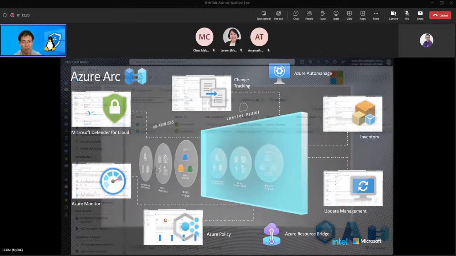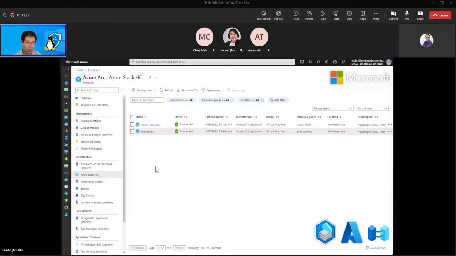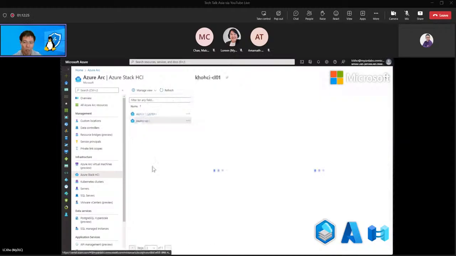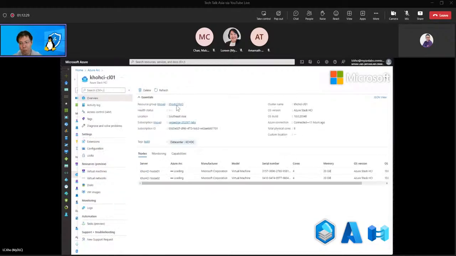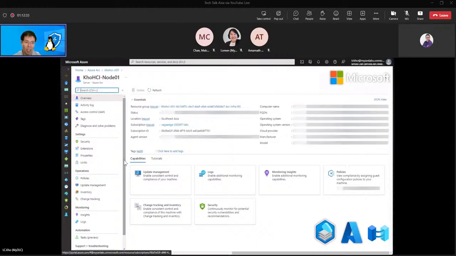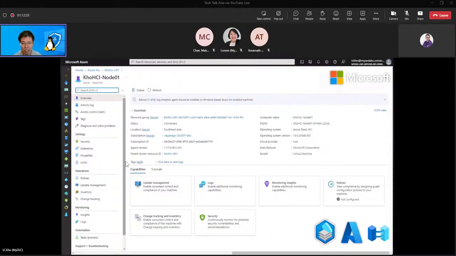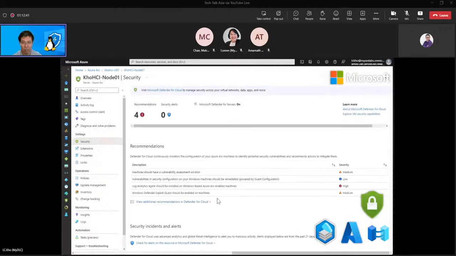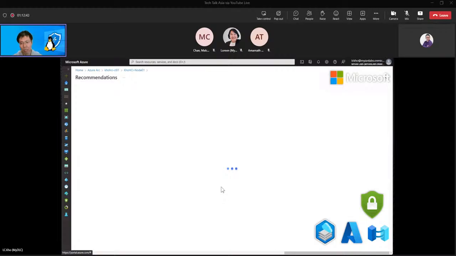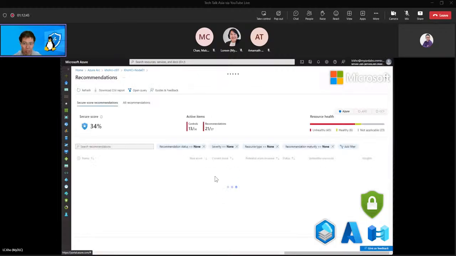So let's move forward and take a look at the demo that I created. In this demo, I'm going to show you how powerful Azure Arc is to help us manage Azure Stack HCI. Here I have an Azure Stack HCI cluster, and I'm going to zoom into node 1 of this cluster and show you what I can do with this. So let's take a look at the Azure Security Center,